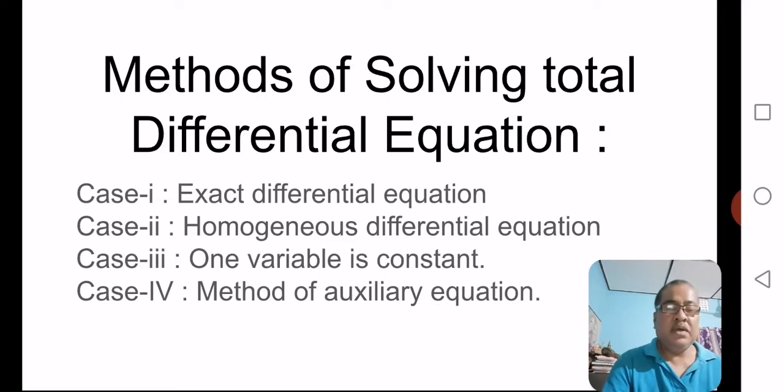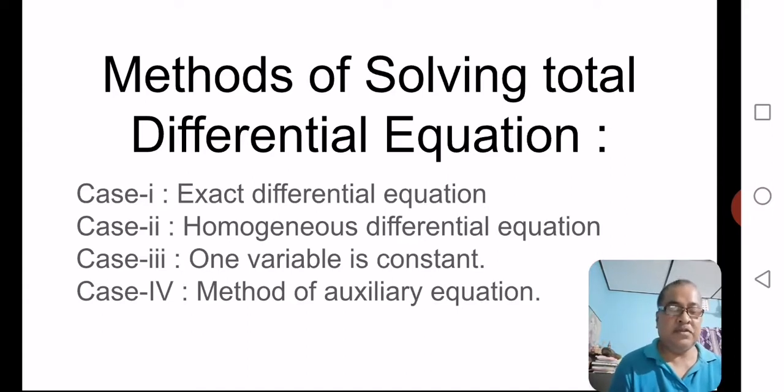That means taking one variable as constant, suppose we take x is constant. If x is constant, then dx is also 0, but generally we assume z is constant. That means if taking one variable constant, the equation can be easily integrable. Suppose if we assume x is constant, then we cannot solve the differential equation easily, but if we take z as constant, after that the differential equation can be solved easily.